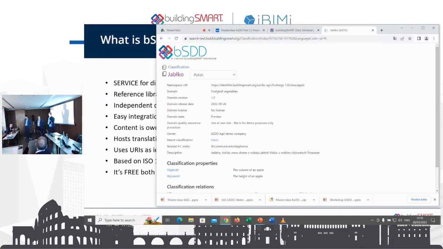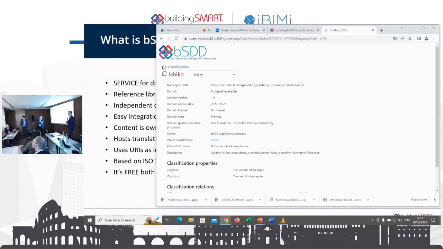Yeah, thank you, Evandro. In this case, we didn't put any license on it, but in other classification systems, there is usually a license. So you could say what the license allows others to do. If we saw that somebody copied something that was free to find online, but not free to redistribute, so there was some breach of a license, that's the case when we can intervene and say, okay, we don't want this to be in bSDD because it's obviously not your content. So that's the case for this. Thank you.